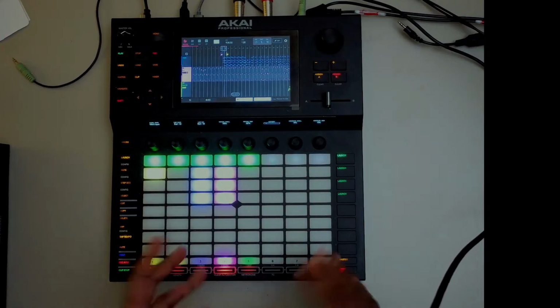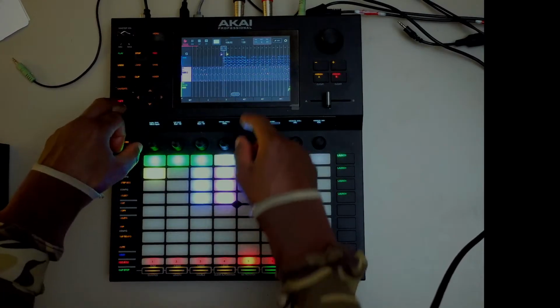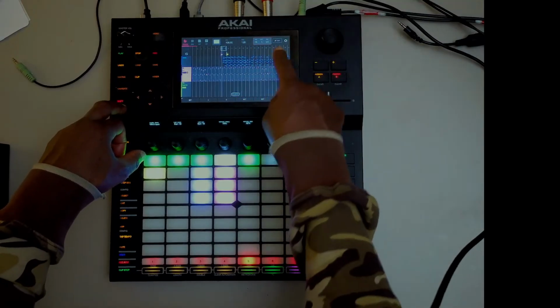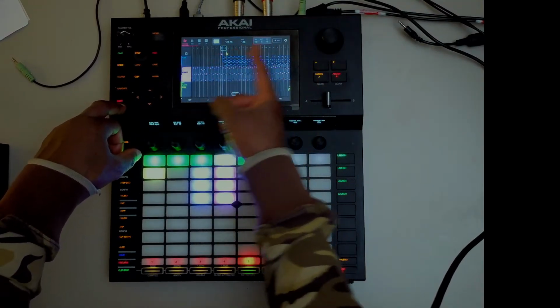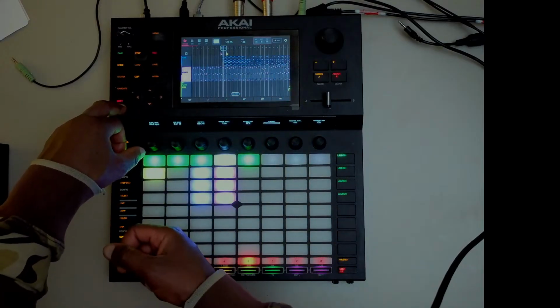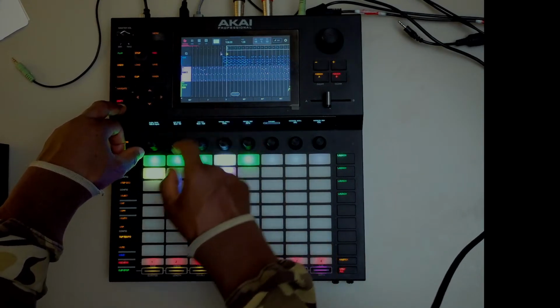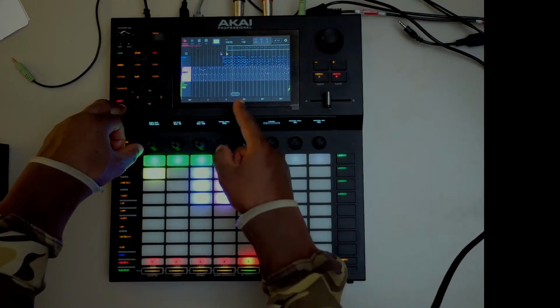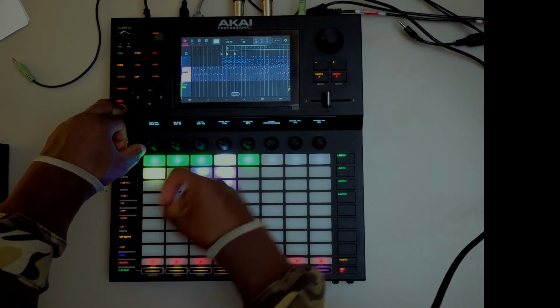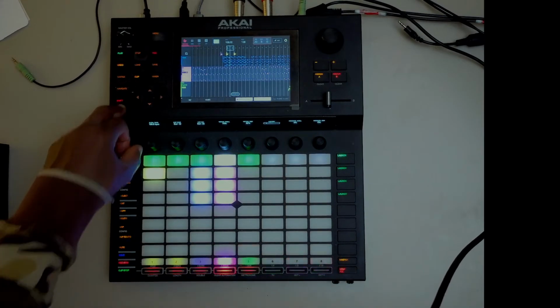So I can have that in its own loop. Again, if I was further off and I set one here, it could be this amount of loops. I wish there was a better way I could explain it. If I go to 3, it's going to be that until it sees the next marker. So if I set a loop here, now if I press 3, this is the cycle.